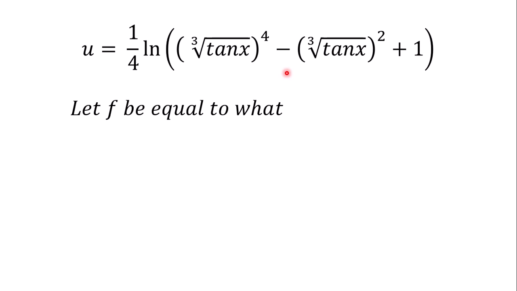Here I'm not writing the whole of this for you because it's very long, so I'm writing let f be equal to what is in the bracket. So what is in the bracket here? This one. Okay, so f is equal to